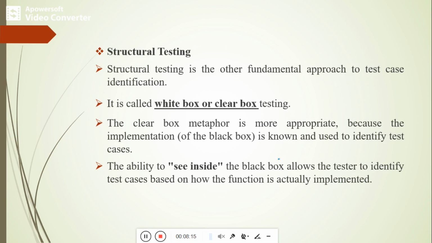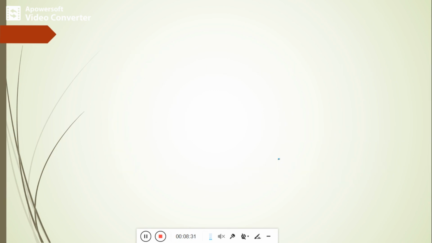What paths we can traverse in the program can easily be identified under structural testing. So structural testing is also called white box or clear box testing, where the implementation part is visible to the user.